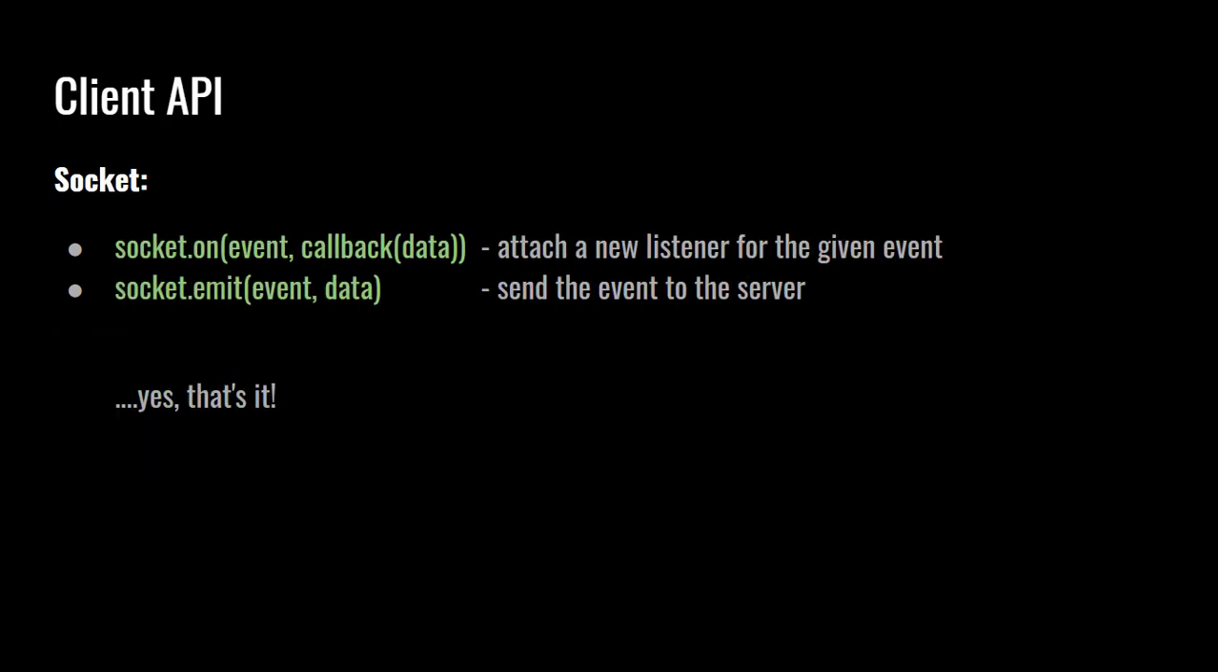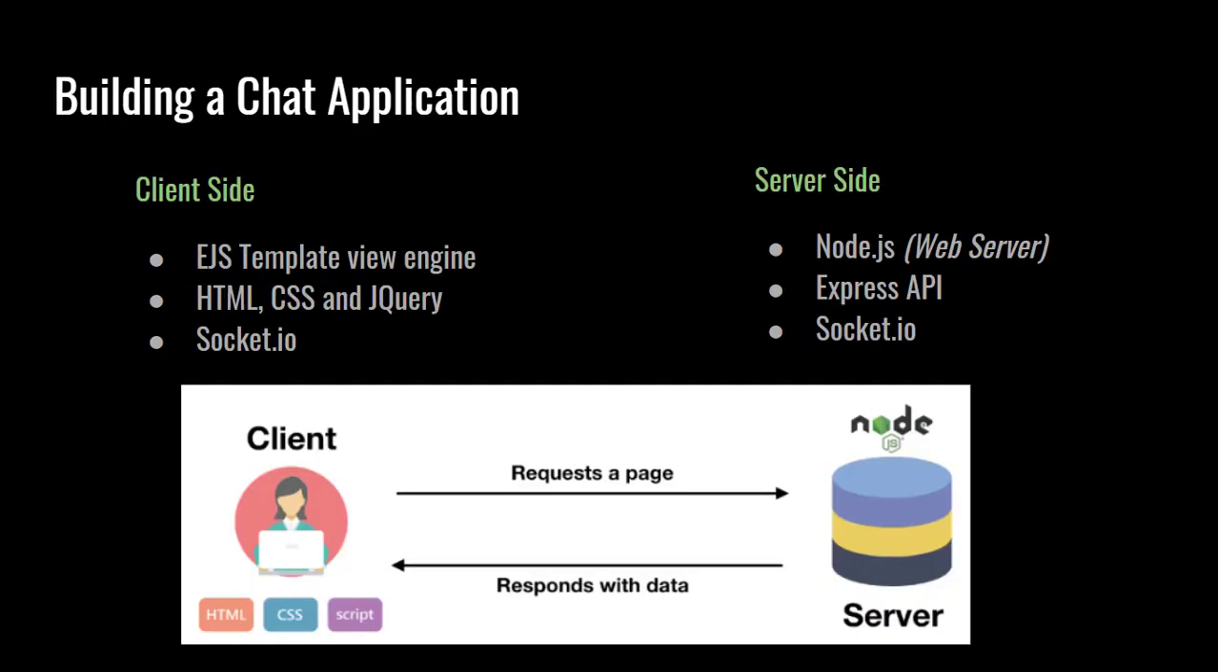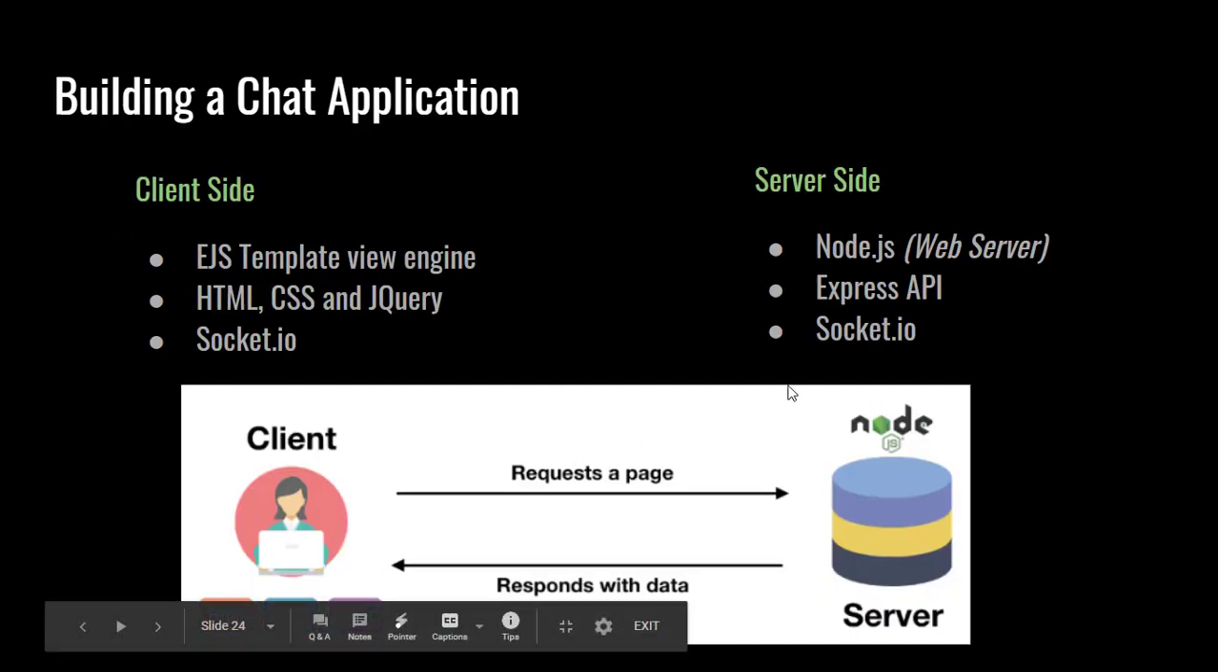The client API is even smaller. It has two little tiny listeners. It has .on, attach a new listener for the given event with a callback, and it has emit, so you can send the event to the server, and that's it. That's all you got. Socket on connection and emit. Very simple, very simple. So if we were to build a chat application,